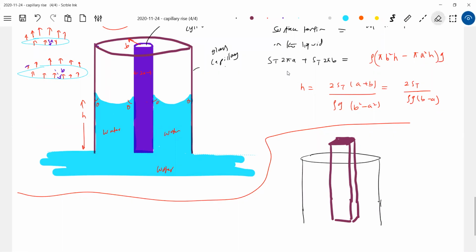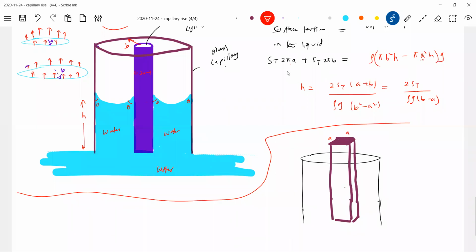There's no change in this one, and there's no change in this one. You have to change this. What should you write? The dimensions. If you give the dimensions, like there's an area of cross section, this is like a. So ST into 4A will come. Then here you subtract the volume of that particular